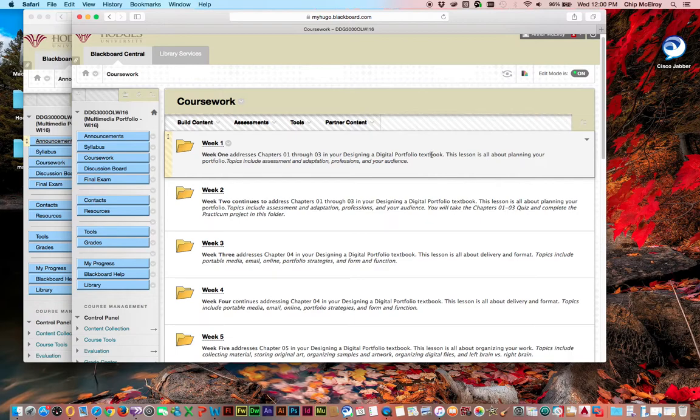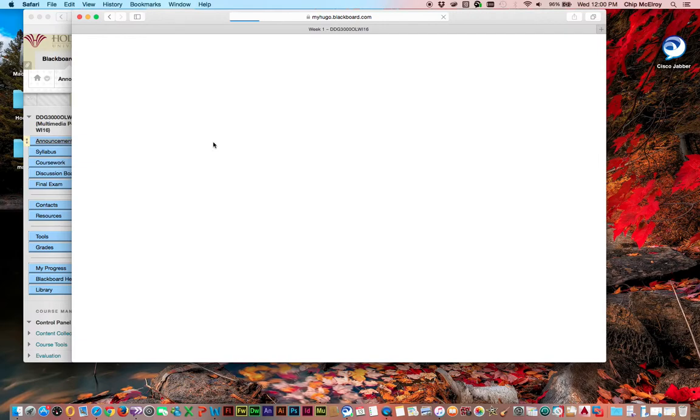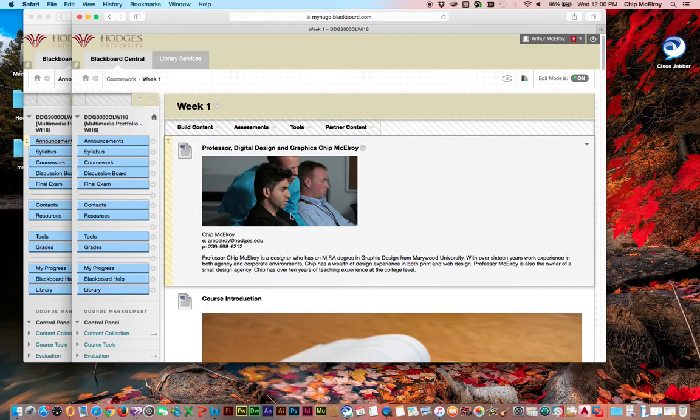This is all about the planning process of your portfolio, things like self-assessments, things like dream jobs, things that will get us to understand what you're looking to do as a dream career and help us tailor your portfolio in that way. So we'll go into our Week 1 folder, and you'll see that there is a description of me,